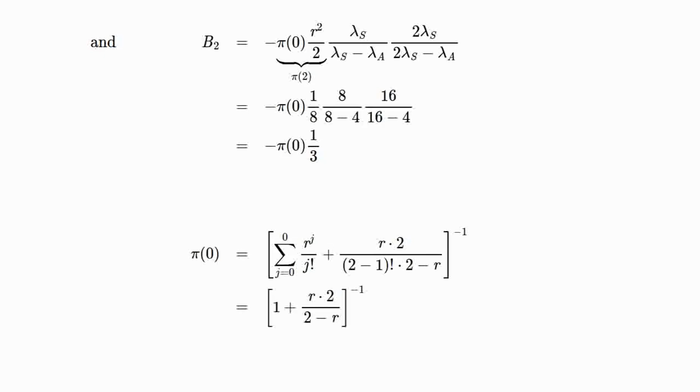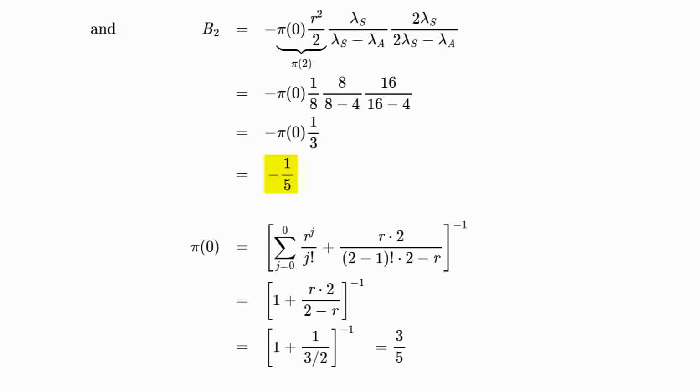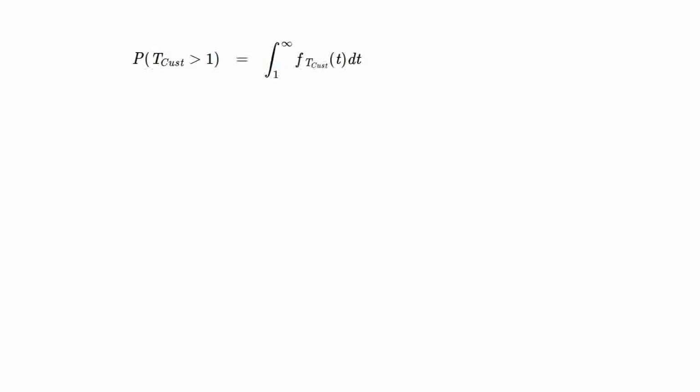We're going to be left with (1 plus r times 2 over 2 minus r) to the minus 1, which is (1 plus 1 over 3 over 2) to the minus 1, which is 3/5. If we substitute this 3/5 in for pi 0, we have that b2 is minus 3/5 times 1/3, which is minus 1/5. And at this point, we can just evaluate the probability that the customer time is greater than 1,